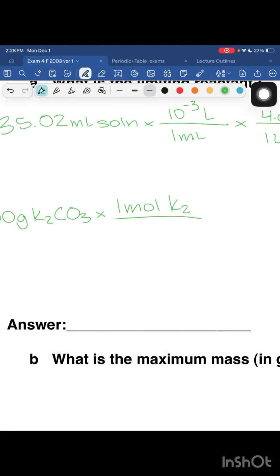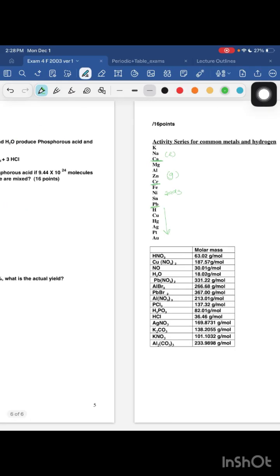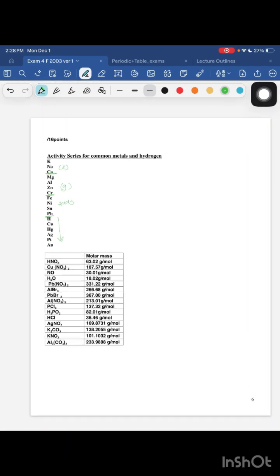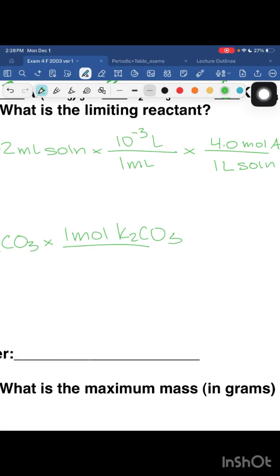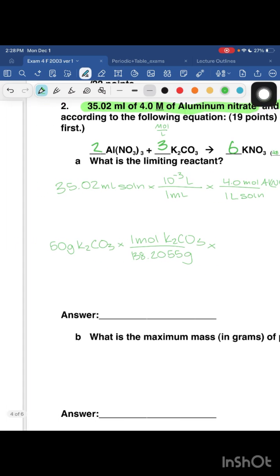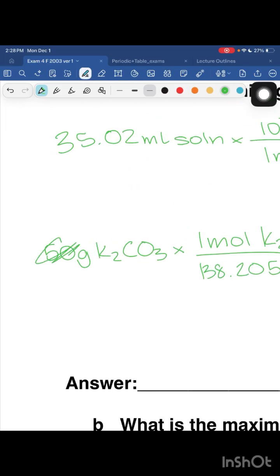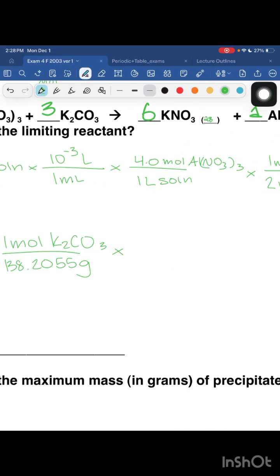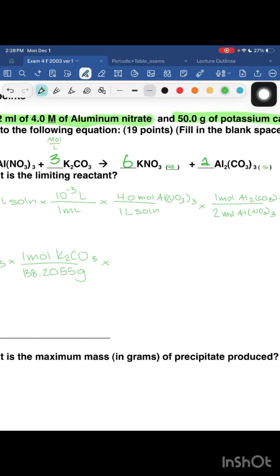So K2CO3, that is 138.2055 grams times, oh, not 50, it's 50.0. Every single professor will kill you if you don't have the right amount of sig figs, so fix that. In our mole ratio, it says we have